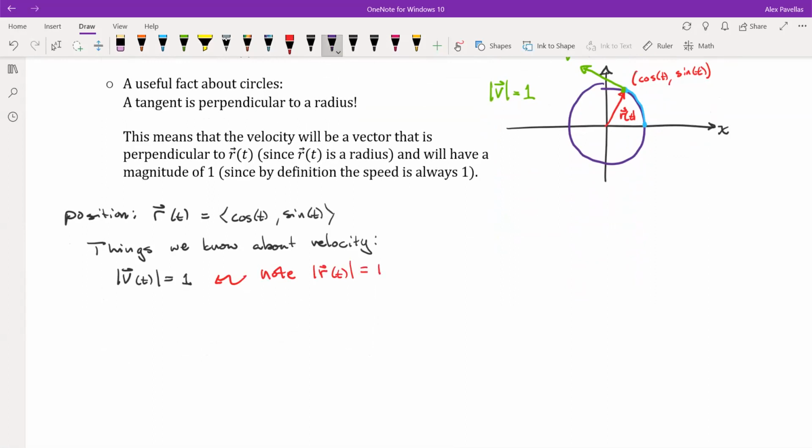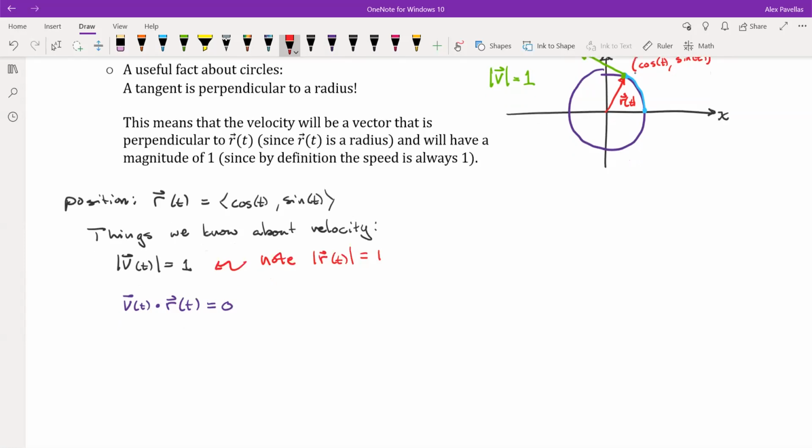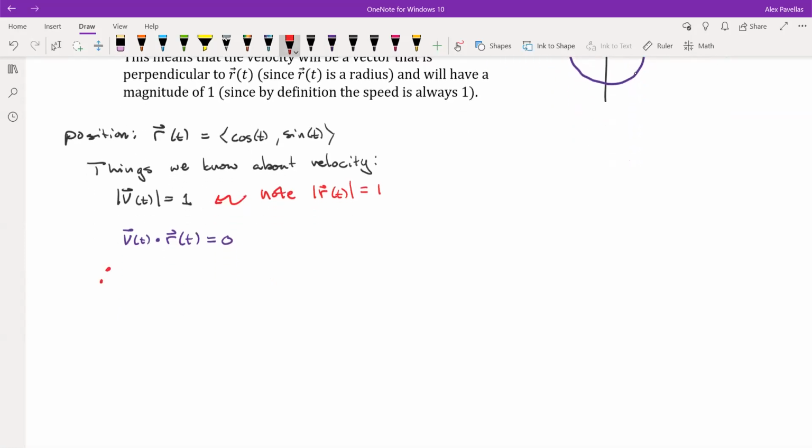We also know that v of t is perpendicular to r of t at any given time. So we know that v of t dot r of t is equal to 0. So with these two facts right here, we get two possibilities for our velocity, so our derivative. Therefore, by that first trick that we did with the vectors, v of t has two options. You take r of t, and you swap the x and y components and make one of them negative. So it's either negative sine t, cosine t,